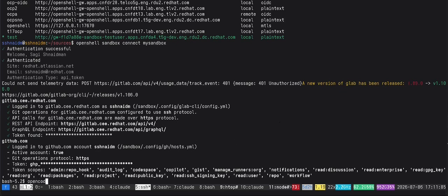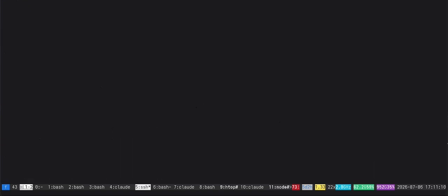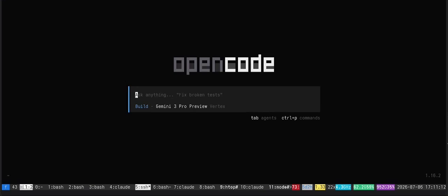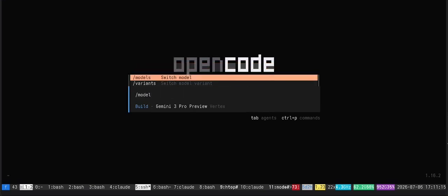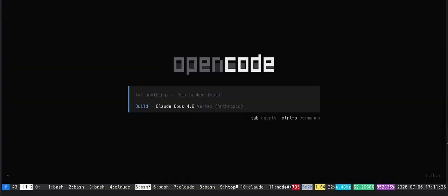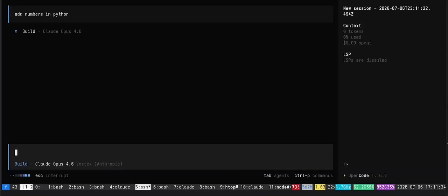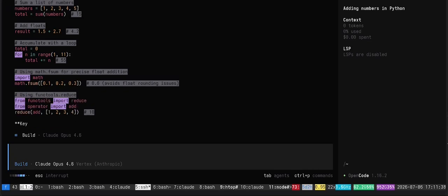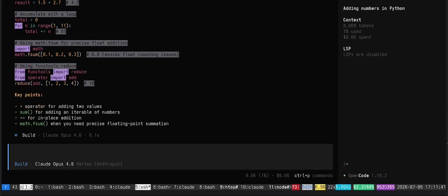Alright, let's run Opencode here. Alright, we have interactive Opencode. Let's choose the model from VertexAI. In our case, let's try 4.6 default. And just to check, let's run some very simple query. If it answers, it worked. It authenticated with VertexAI and everything is okay. Now let's quit.